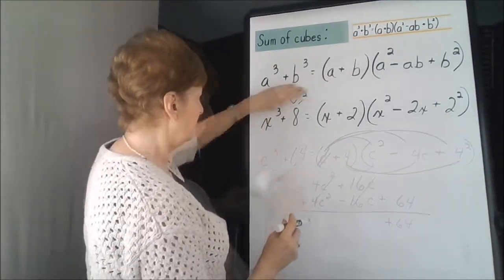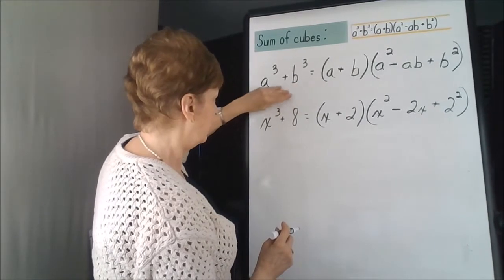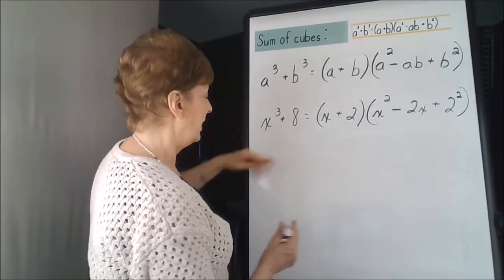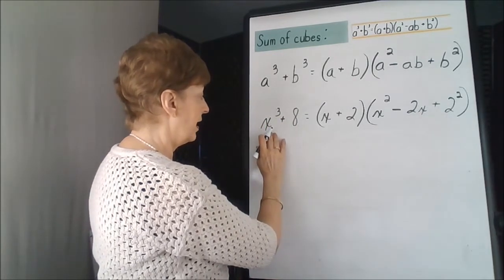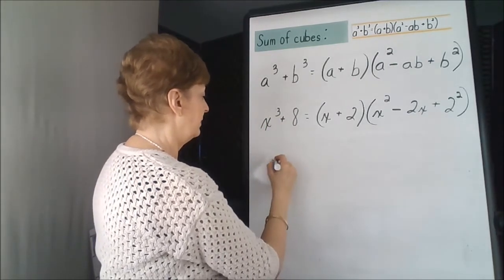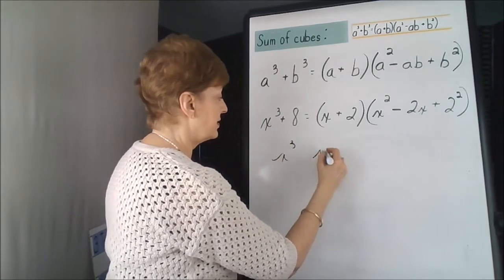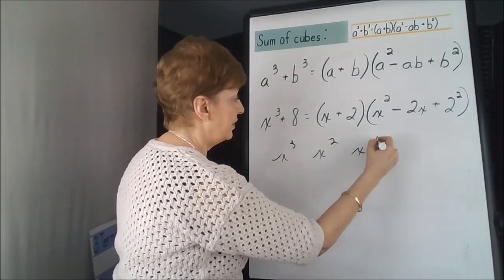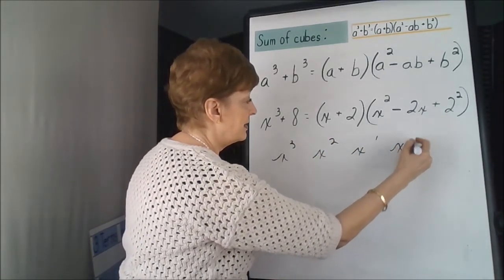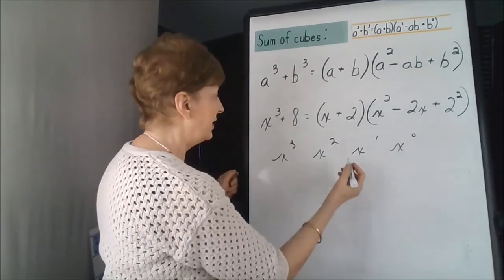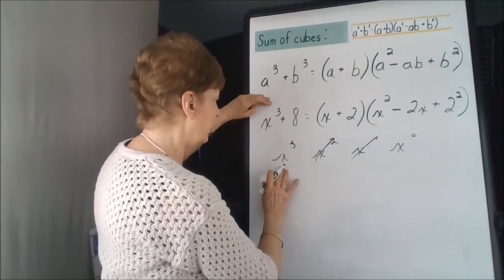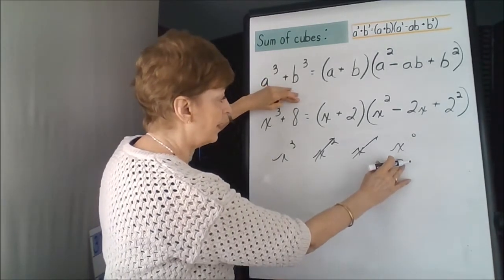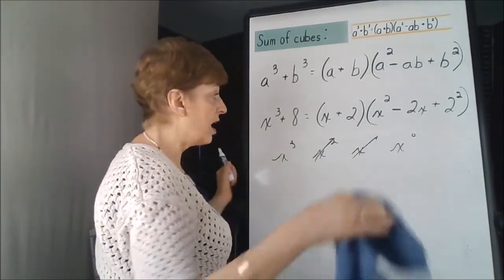Our two-term polynomial is missing some columns. It's jumping from x cubed, x squared, x to the first, x to the 0 power. We do not have these two columns. We just have the x cubed and the plain number column. That's because